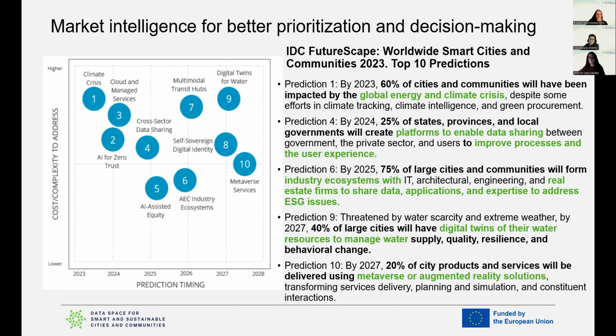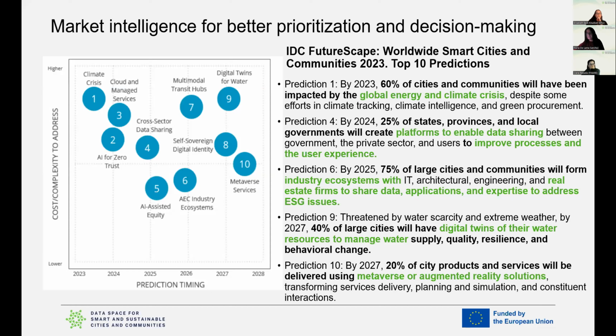We hope so. Then already a lot of cities are thinking about setting up platforms to enable data sharing with a wider ecosystem. So we really hope that all the technical infrastructure that will be provided here will really help in this endeavor. Many of them are already doing this, and it was curious to see architectural engineering and real estate firms sharing data. So this seems to be a major challenge for cities, which is something that I've not seen so far in the use cases submitted to the previous phase.